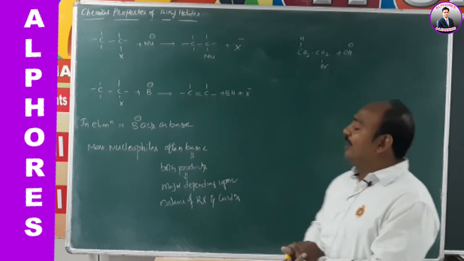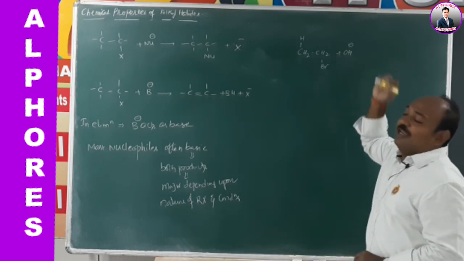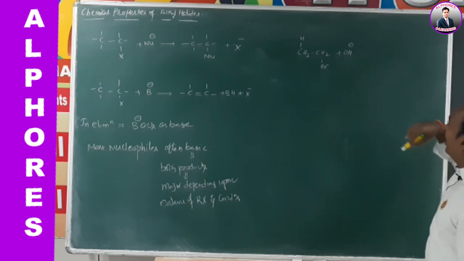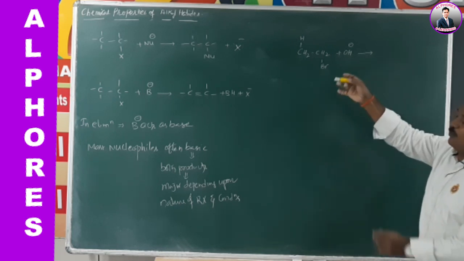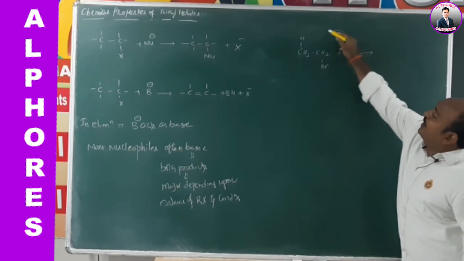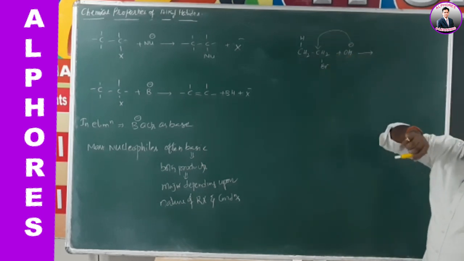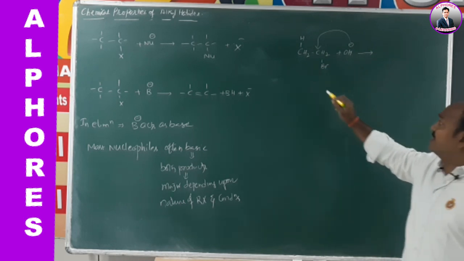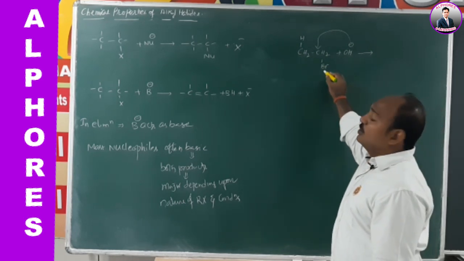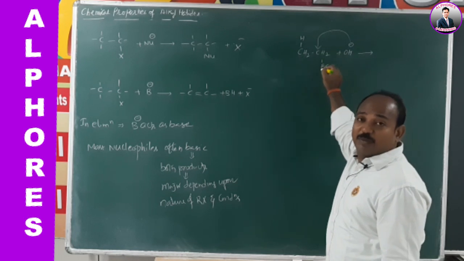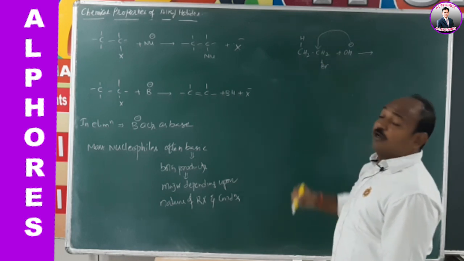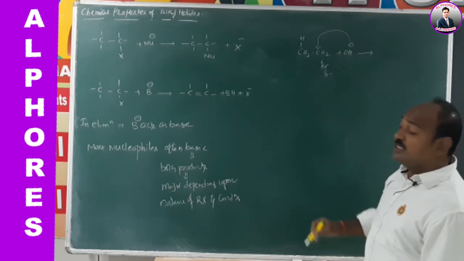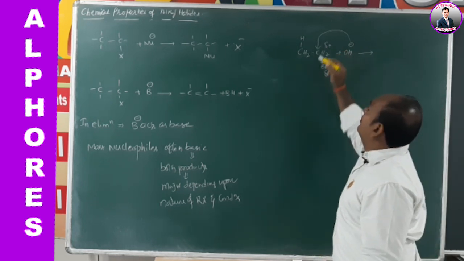Now consider a reaction of ethyl bromide with OH minus. Based on what we discussed so far, OH minus has to attack the halogen containing carbon. Why this carbon, sir? Why not this carbon? Because the halogen is more electronegative compared to carbon. It pulls the bond pair of electrons towards itself. As a result, Br acquires partial negative charge and this carbon acquires partial positive charge.